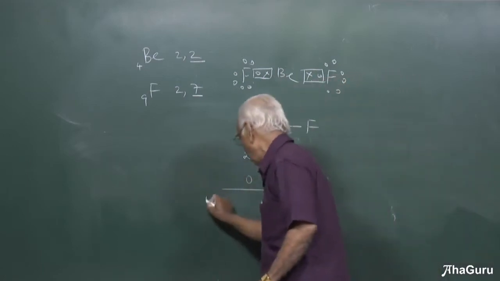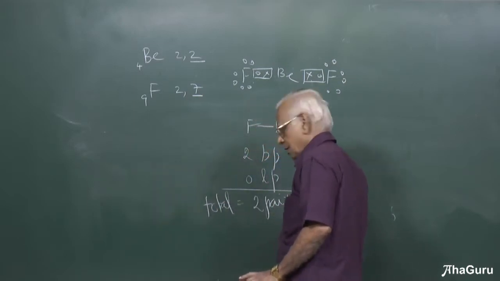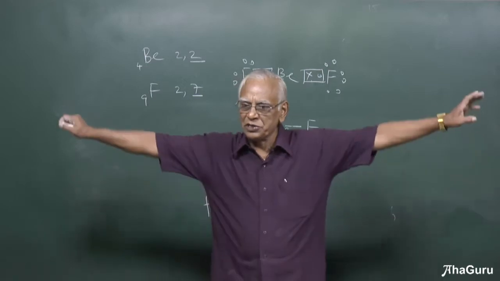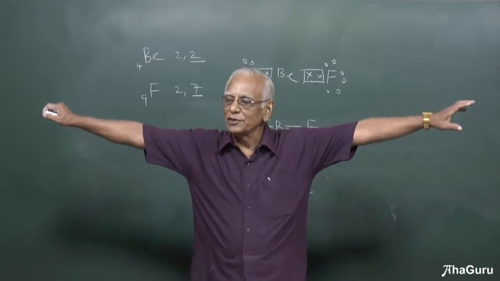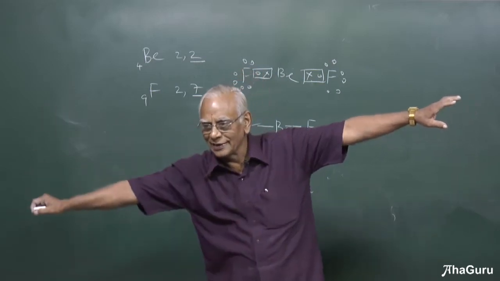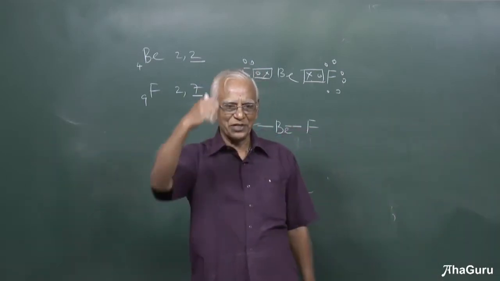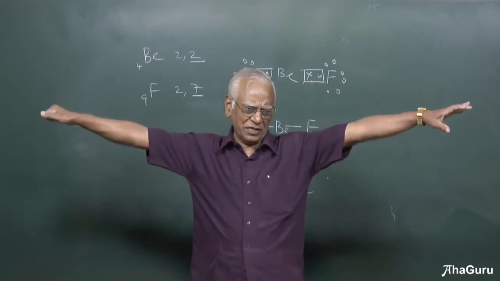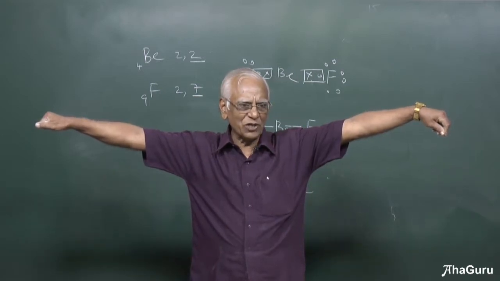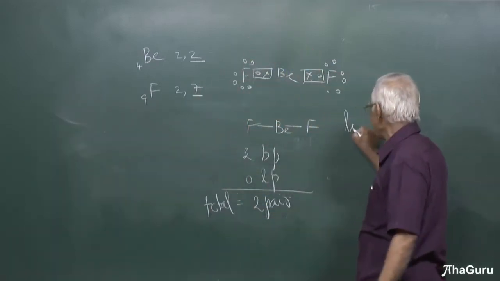Therefore, totally, how many pairs of electrons? There are only 2 pairs of electrons, and both the pairs are bond pairs. In order to have the least repulsion, they should be as far away as possible. Therefore, what should be the bond angle? 180. Even if this is 179, there is a repulsion. Any deviation from 180, there is a repulsion. So, what should be the most stable condition where the repulsion is the least? Therefore, the bond angle should be 180. What should be the shape of beryllium fluoride molecule? Linear molecule.